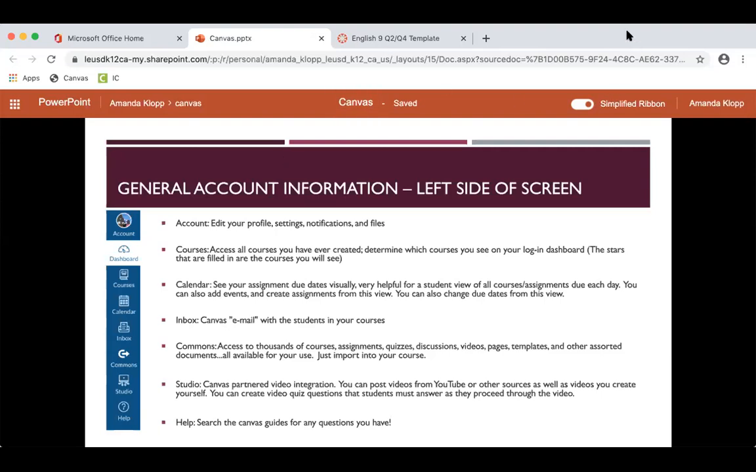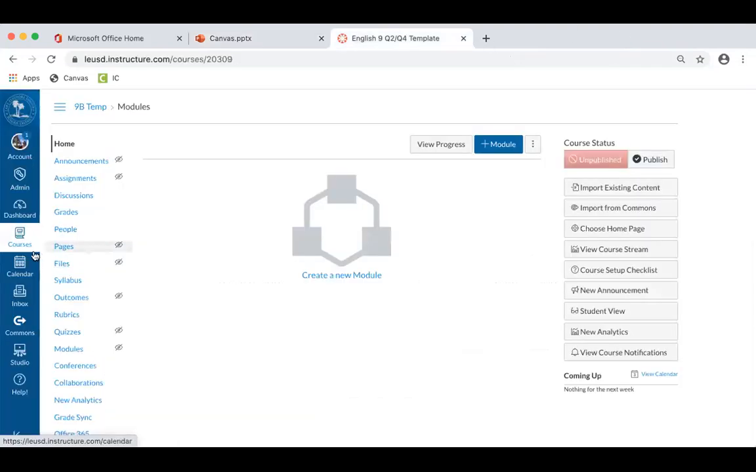I'll just show you really quickly, because if you created assignments in your classes and something happens, or you happen to be out and you know, they're not going to get the instruction they need, or whatever the case may be,